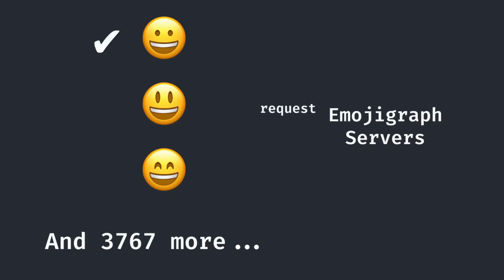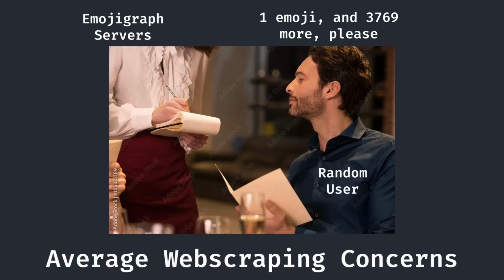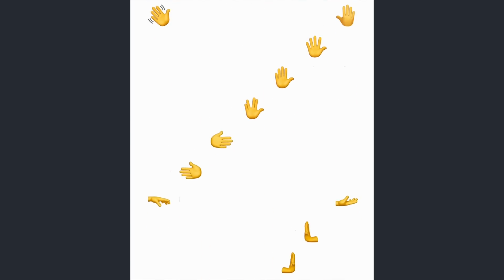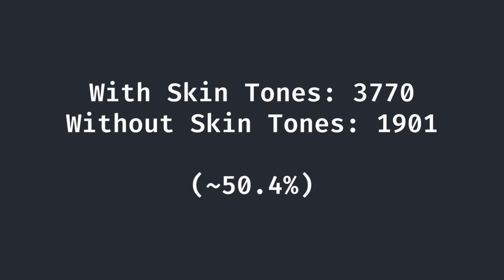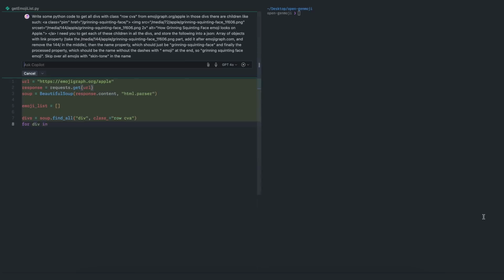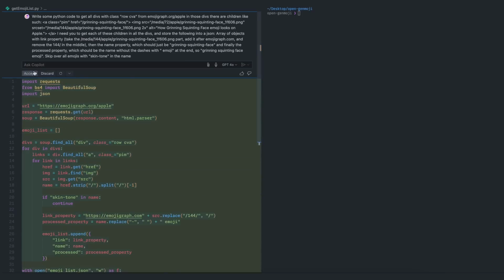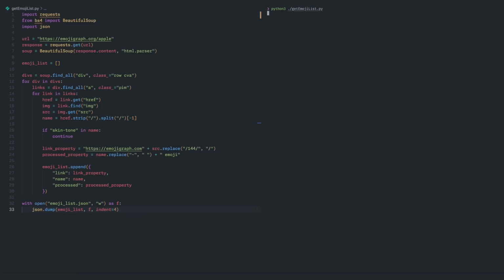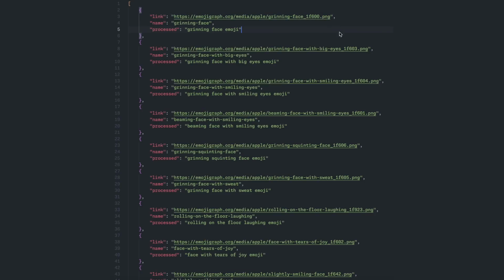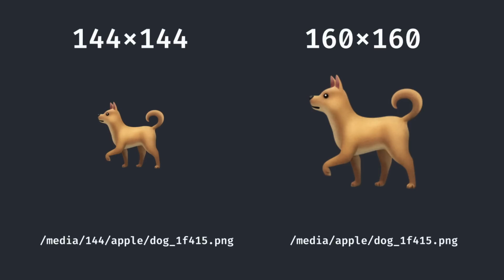However, since I needed to download each emoji with a separate web request and I didn't want to overwhelm Emojograph with nearly 4,000 requests, I decided to remove the skin color variants for the emojis, cutting down the total by almost half. This forces the model to generate skin tones in a standard bright yellow, but in the end, it wasn't too big of an issue. With all that decided, I then painstakingly wrote some Python code and put the names and links of each desired emoji into a JSON, adjusting the link route for each one to get the full resolution 160 by 160 emoji